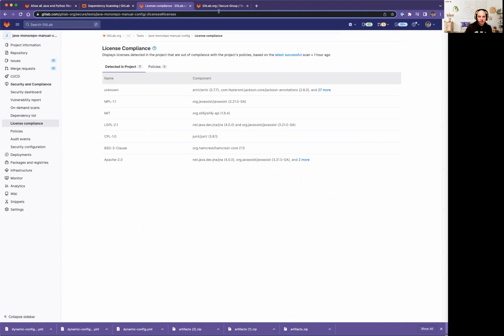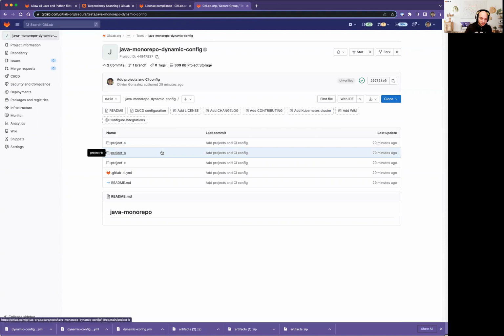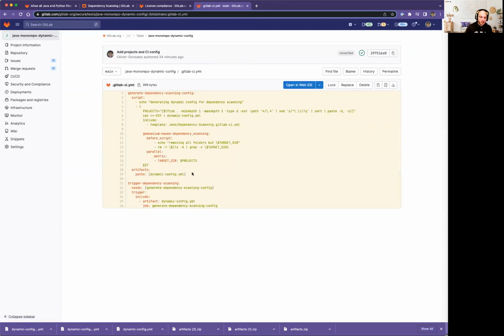So this is working for simple projects. If you have a lot of different repositories to configure and a lot of projects within the same repositories, it can be a bit tedious. So here is another approach using dynamic configuration, which is relying on dynamic child pipelines. In that configuration, we have a specific job that will generate the config on the fly. This is outputting a very similar configuration to what we had in the previous example, except that the list of target dirs here is dynamically generated with that small script, which is basically running in the root folder and listing all the folders